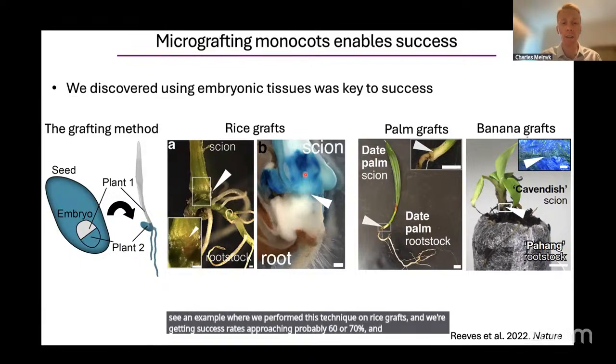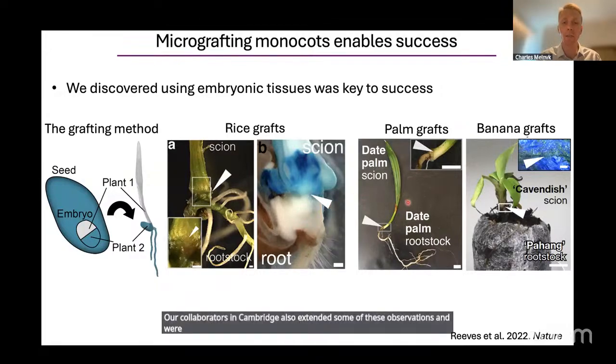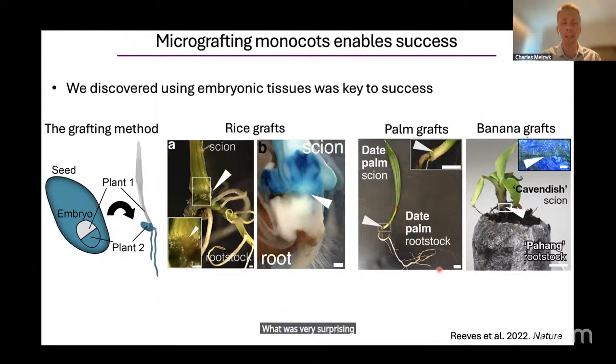And we get nice fusion of the tissues, enabling a successful graft between two different genotypes of the rice. Our collaborators in Cambridge also extended some of these observations and were able to successfully graft palm trees and also banana plants using these micrografting techniques. What was very surprising, though, is that when we did these grafts,